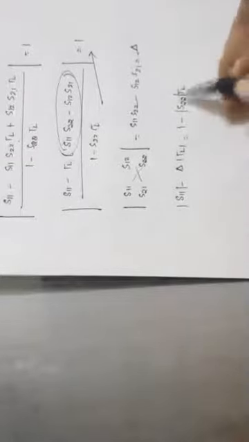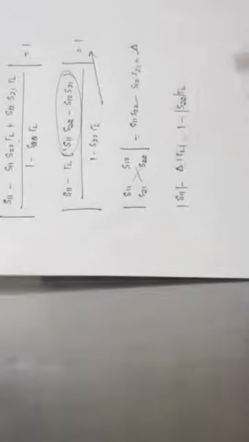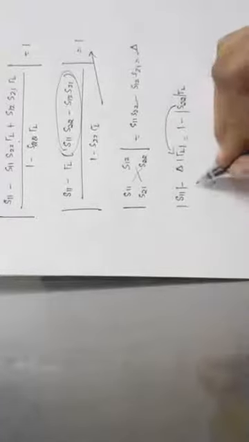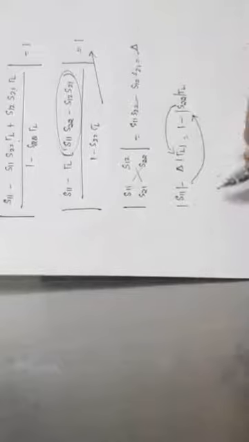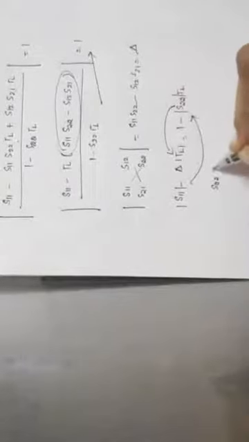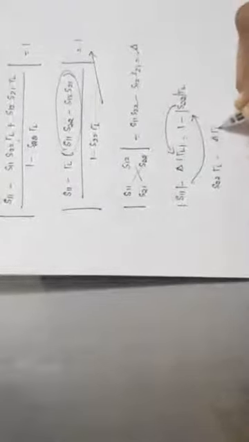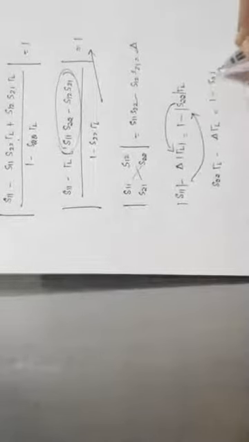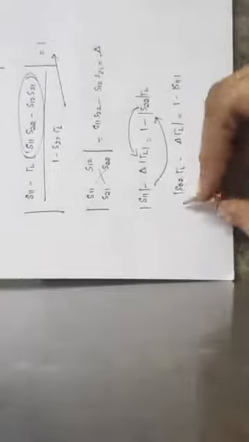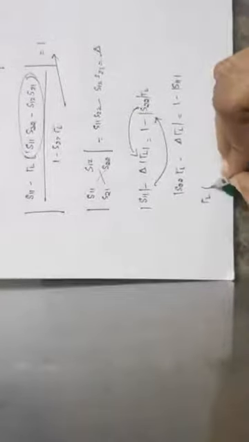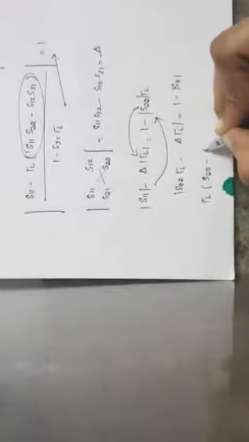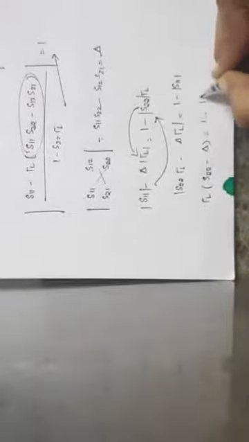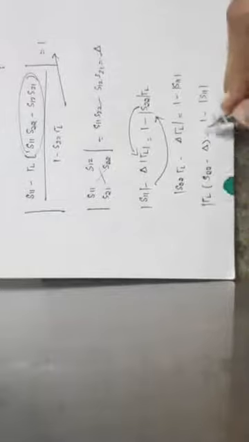Now we bring all the tau L terms to one side and the remaining terms to the other side. So this becomes |S22 tau L minus del tau L| equal to |1 minus S11|. Now take tau L commonly outside. So this becomes |tau L| into |S22 minus del| equal to |1 minus S11|. All of this is present inside a modulus. Now let us multiply with the conjugate on both sides.